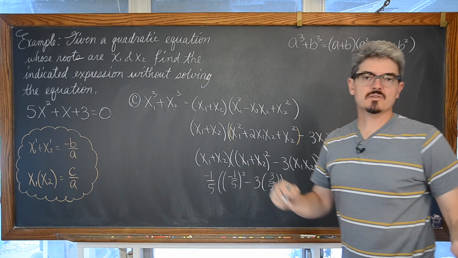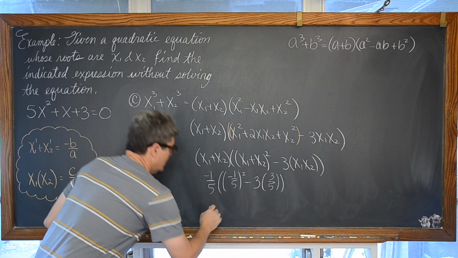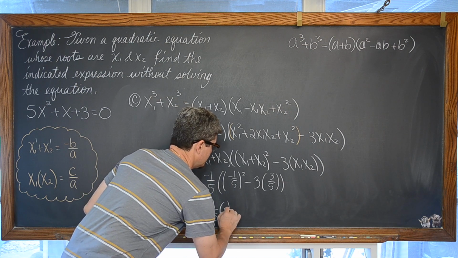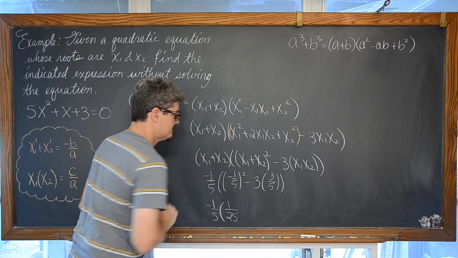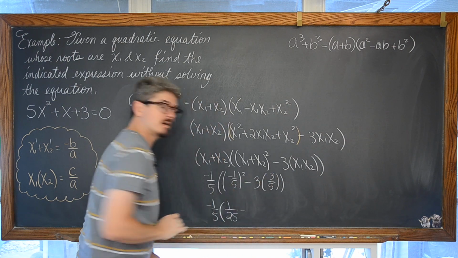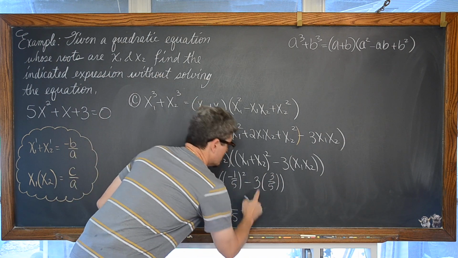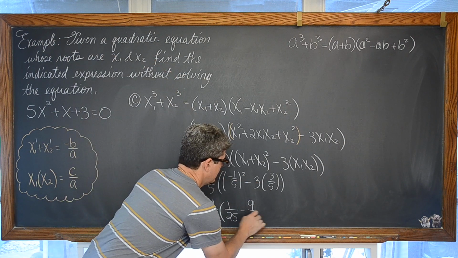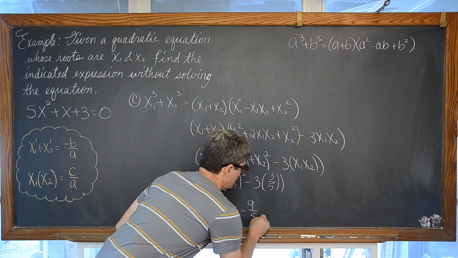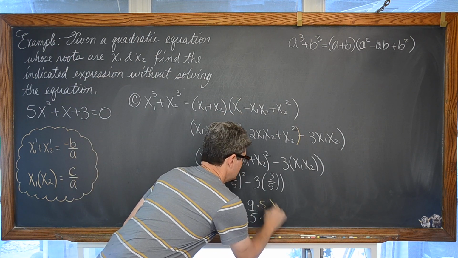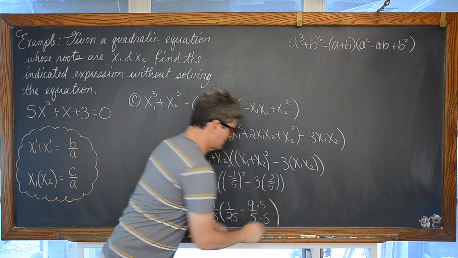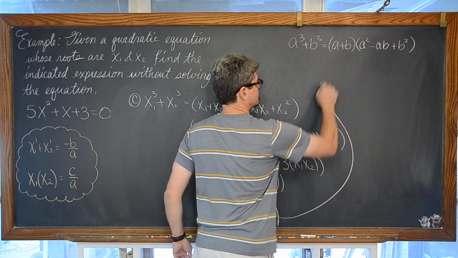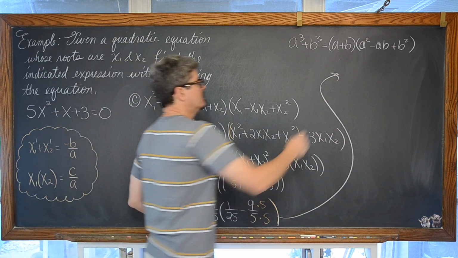Now, just like before, we basically just have arithmetic to finish this question up. We have negative 1/5 times, we have 1 over 25, negative 1 squared and 5 squared, minus 3 times 3 is 9. Of course, that's 9 over 1. So now we're looking at 1 times 5, multiplying the denominators, which is 5. Go through a process of creating a common denominator so we can add the 1 over 25 and the 9 over 5, and we get negative 1/5.